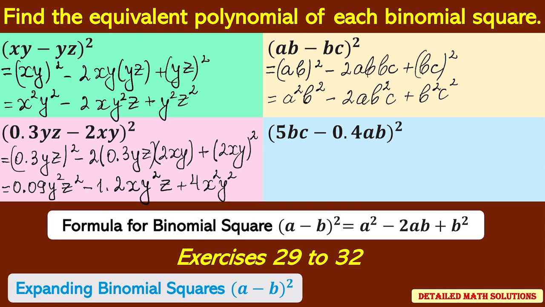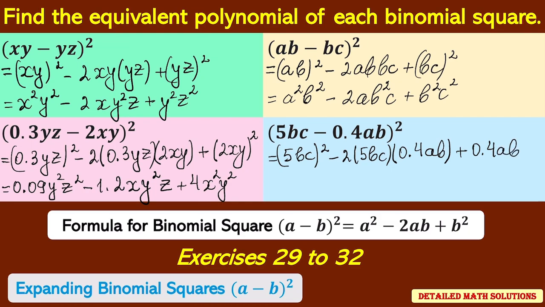(5bc minus 0.4ab) squared equals (5bc) squared minus 2 times 5bc multiplied by 0.4ab plus (0.4ab) squared. This equals